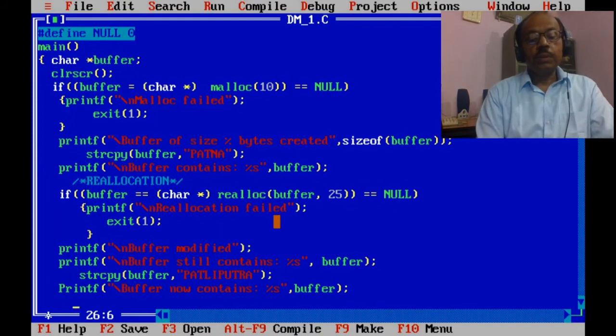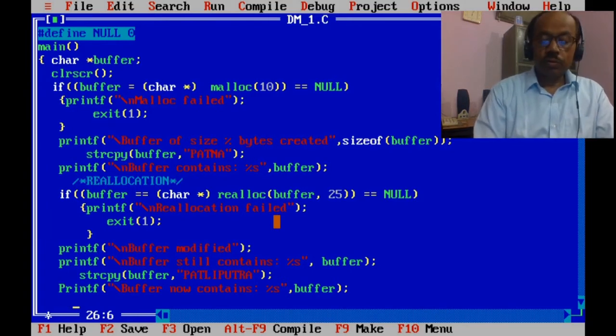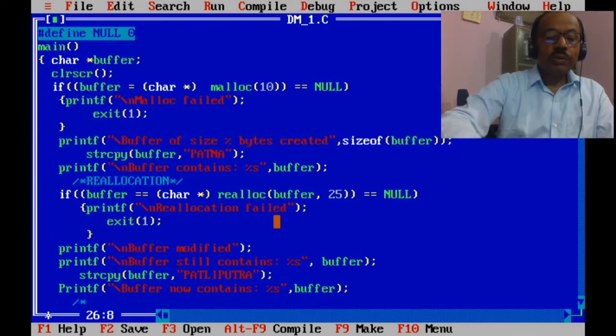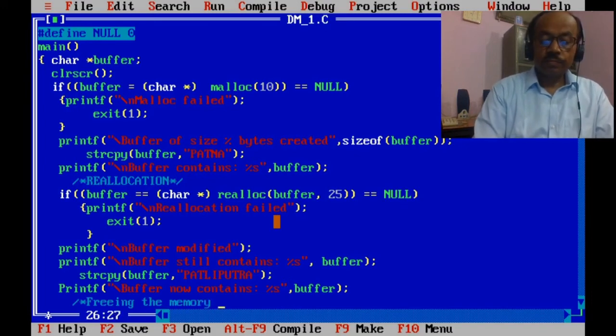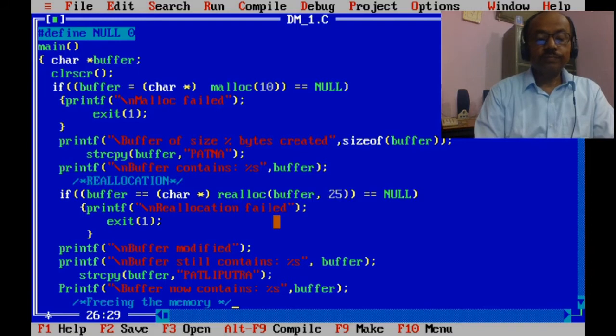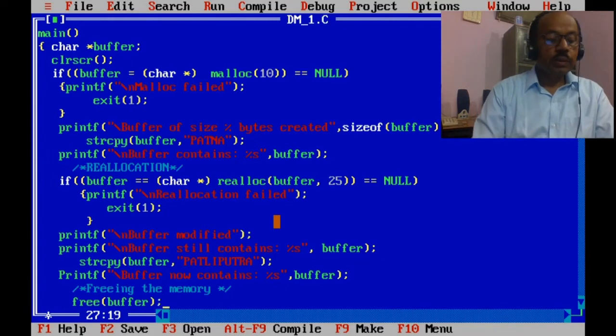Now it is our responsibility to free the allocated memory. So this is just a comment: freeing the memory. free(buffer); just a semicolon.